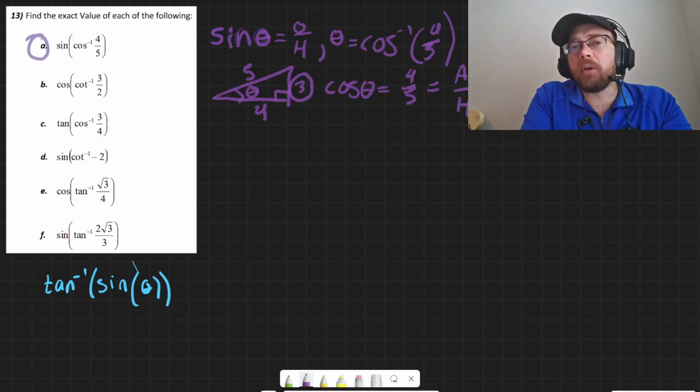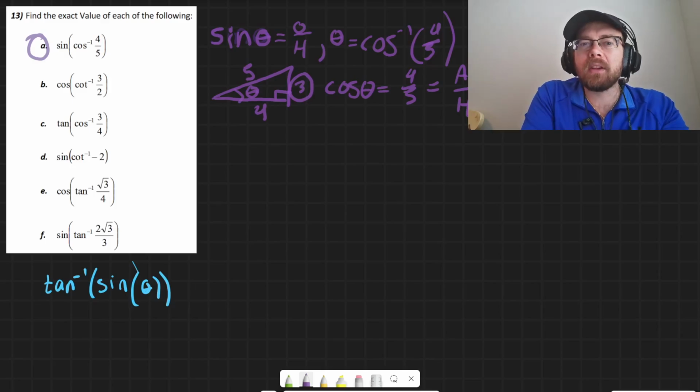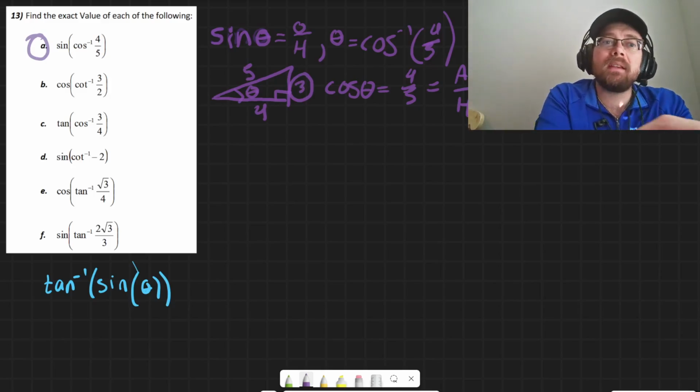If you know a few of those, then you kind of just spot them over time. But if you didn't spot it right away, it's fine. You would just use the Pythagorean Theorem, and you could solve for the 3 that way. It would have been opposite squared plus 4 squared equals 5 squared, and then you would solve and you'd get 3 eventually. So we found out that the opposite side is in fact 3, which means that